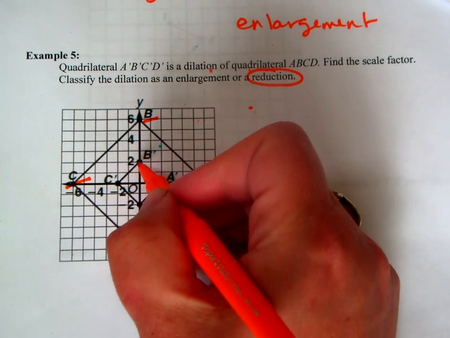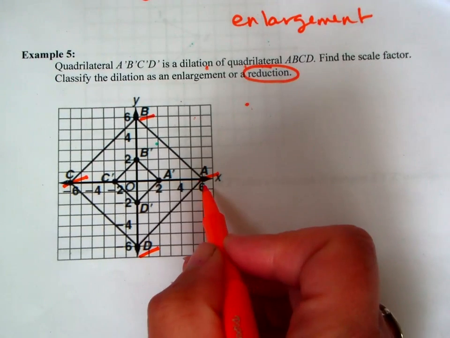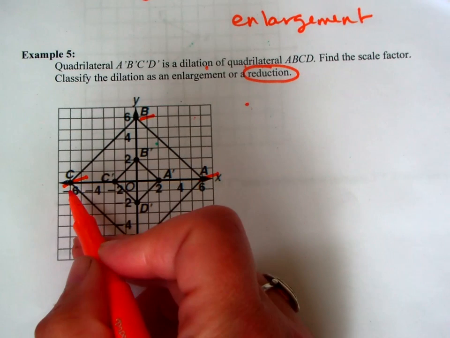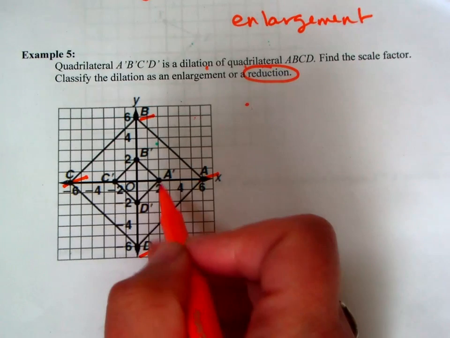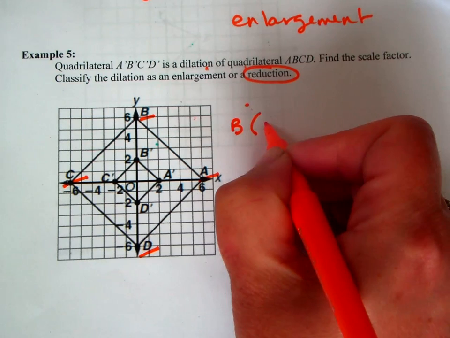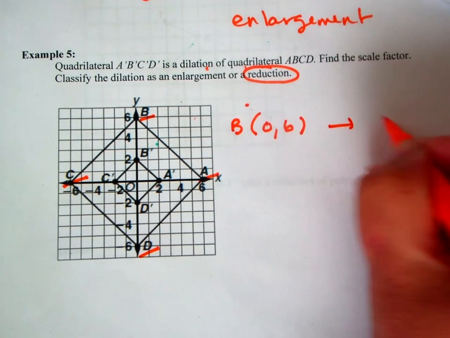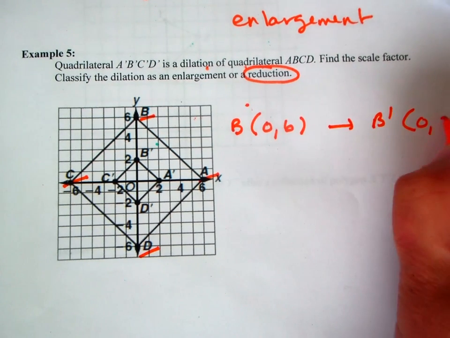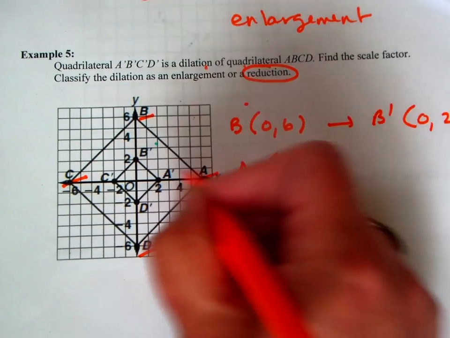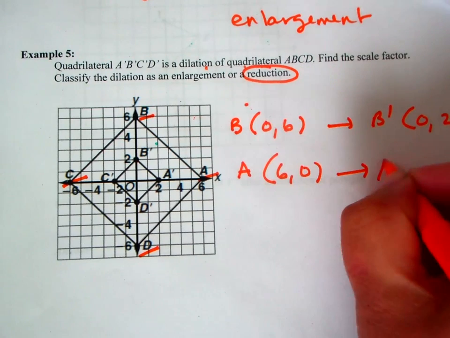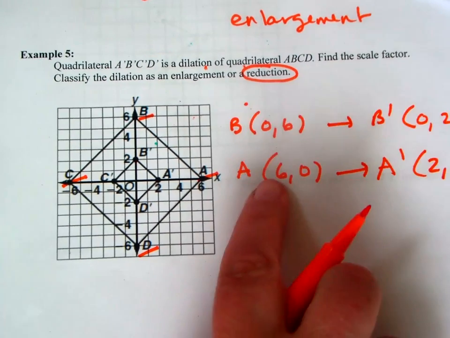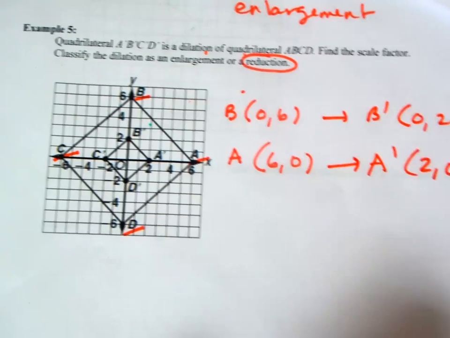Well, I went from 6 to 2 here. I went from 6 to 2 here. I went from negative 6 to negative 2. And I went from negative 6 to negative 2. All of the other values are 0. So if I take an example, B was (0, 6), and B prime was (0, 2). And let's take one that has an x value of positive 6, and A prime is (2, 0). Okay, so I've divided by 3,